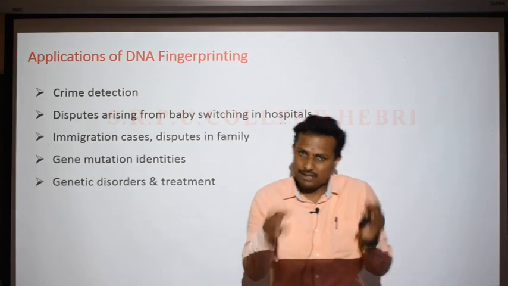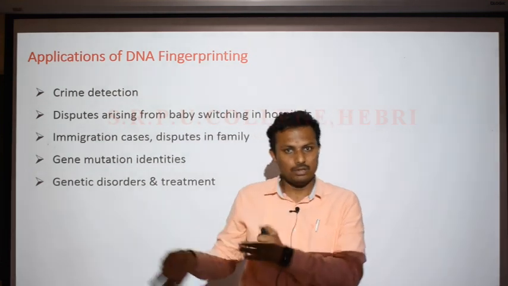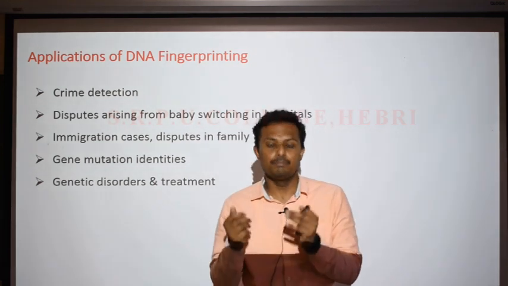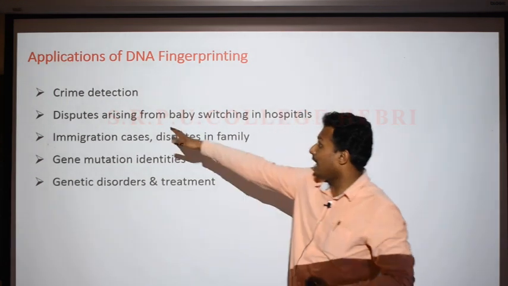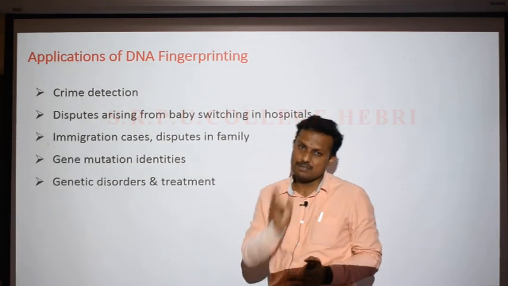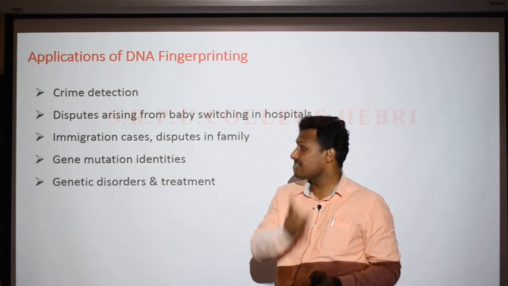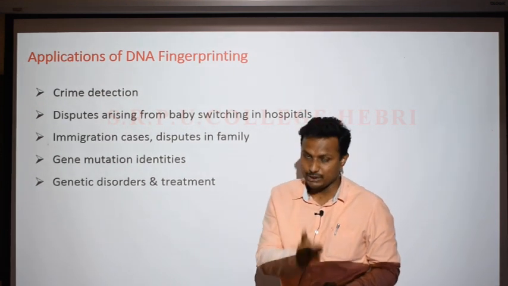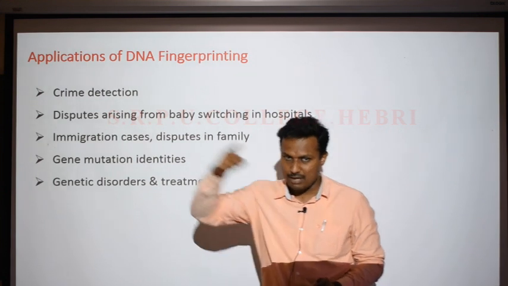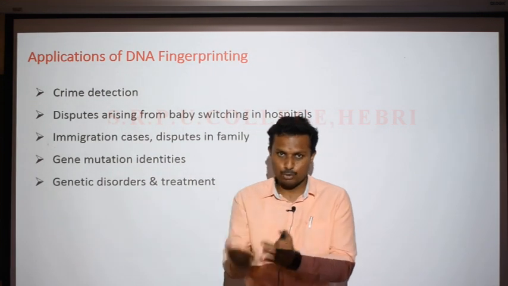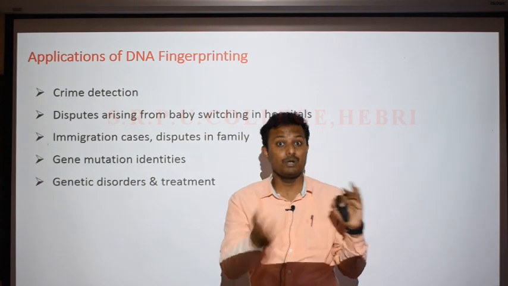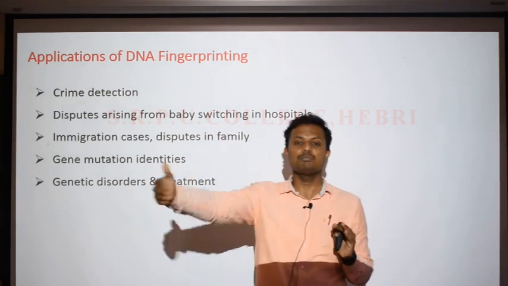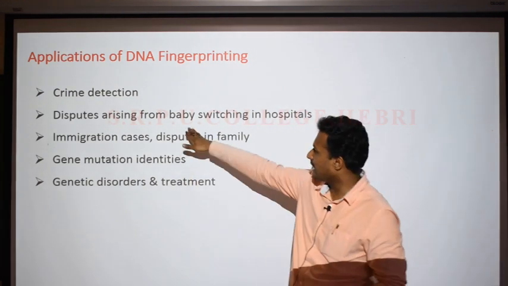Because the mother is anyway unconscious, by paying some money, this could be done. Such disputes can be easily solved because, as I had told you, these VNTRs or satellites or repetitive DNA sequences will be the same as in the parent. The child also has the same as the parent, because these are inheritable. This polymorphism is inherited, right? So we can identify that.